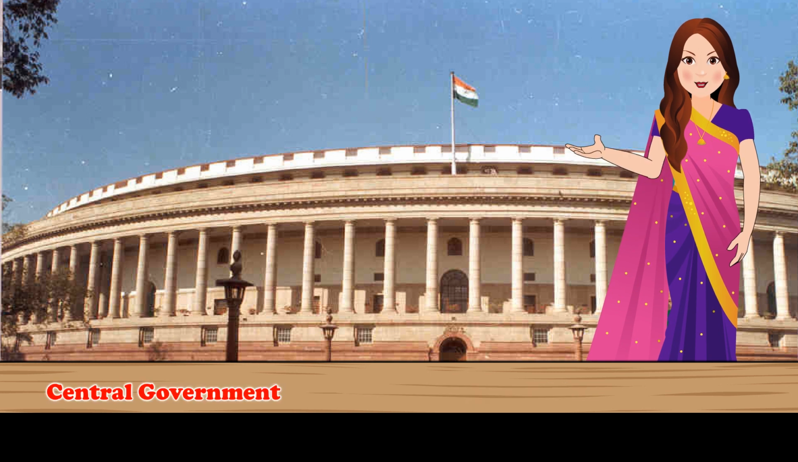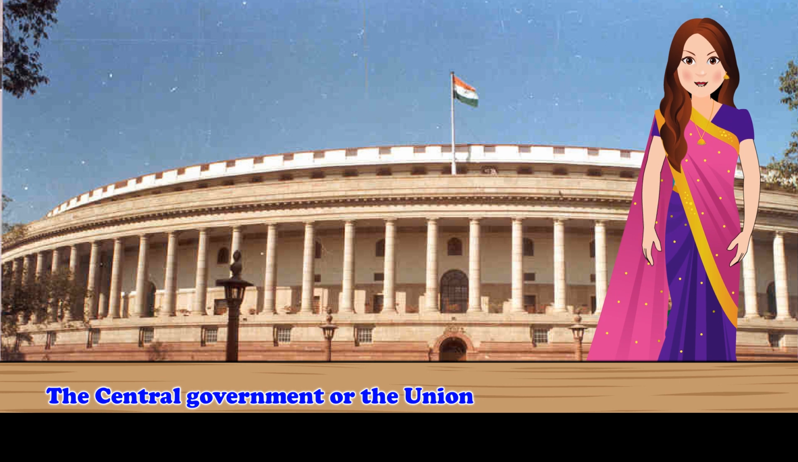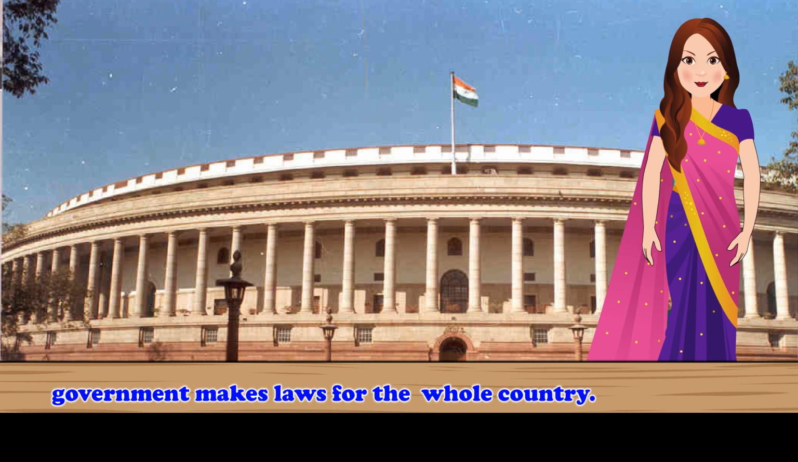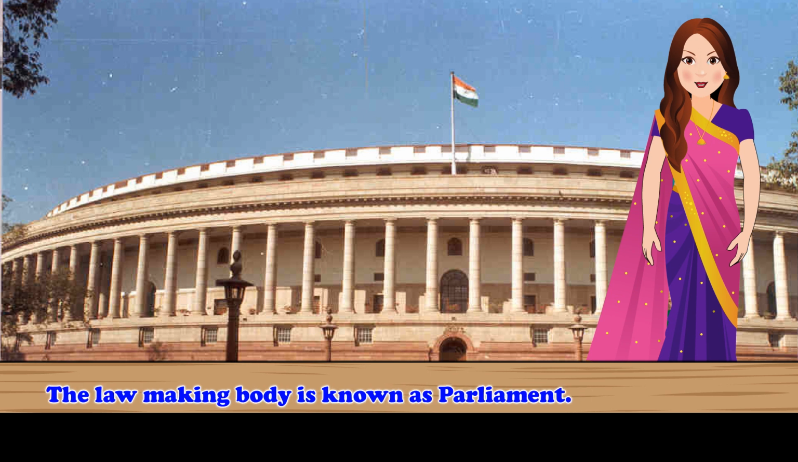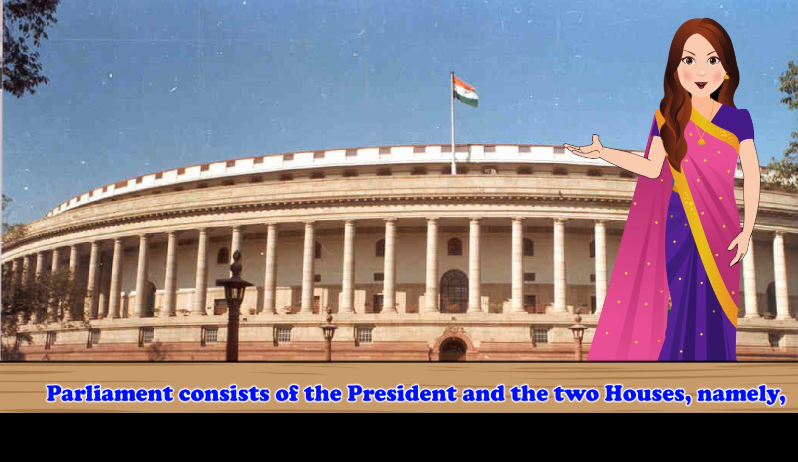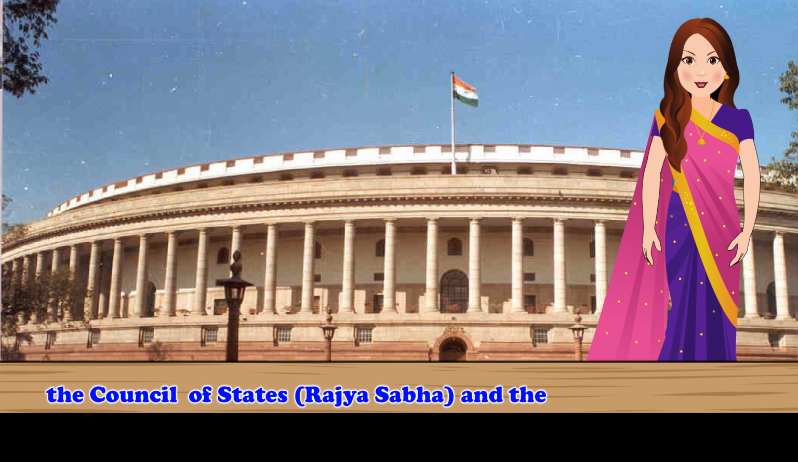Central government. The central government or the union government makes laws for the whole country. The law-making body is known as Parliament. Parliament consists of the President and the 2 houses, namely the Council of States, Rajya Sabha, and the House of